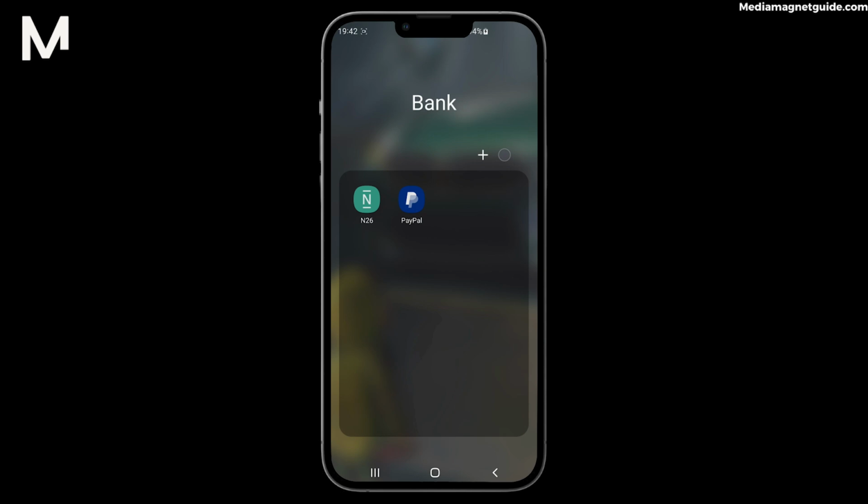In this video, we are going to demonstrate an essential tutorial on how to change your N26 password, ensuring your